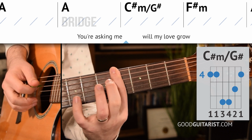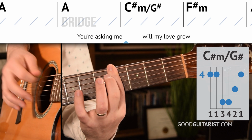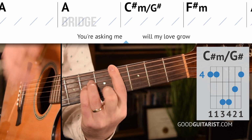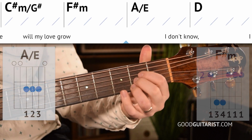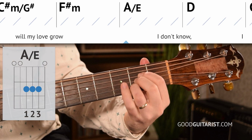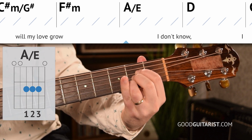You know, if I lift up these 2, or these, I'm not even holding down these strings. That's just a waste of energy. I'm just pressing those 2 with the pad of my index. Then F sharp minor. Then A over E, which is just an A chord, but we really want to get the thickest string in there. That's the E part of A over E. Then D,